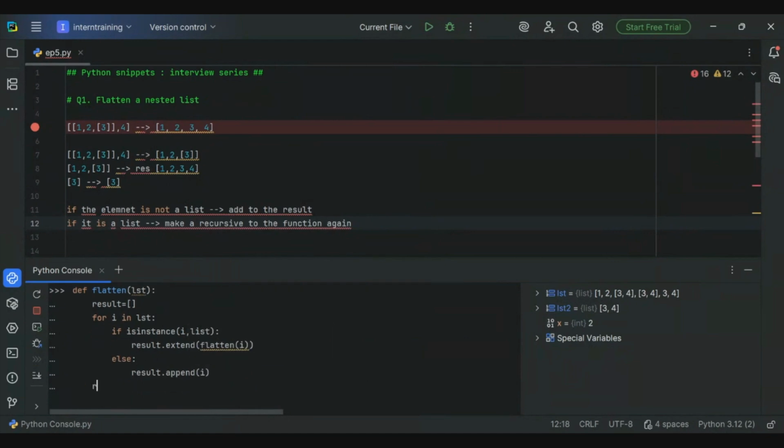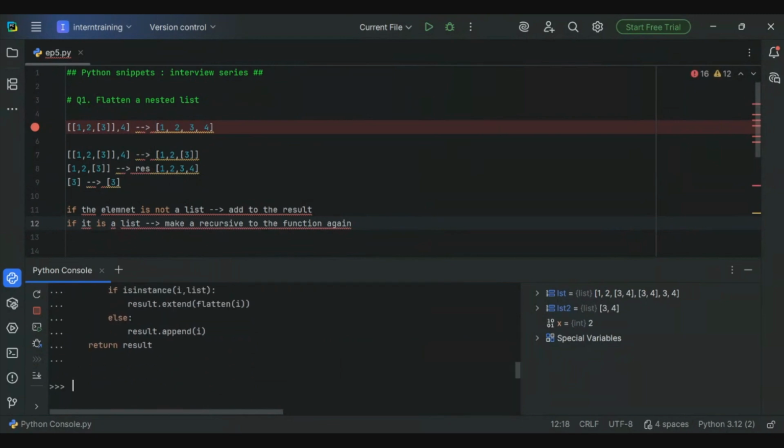And in this, after all the loop, we will return result. So this is our function definition. Now what we'll do,